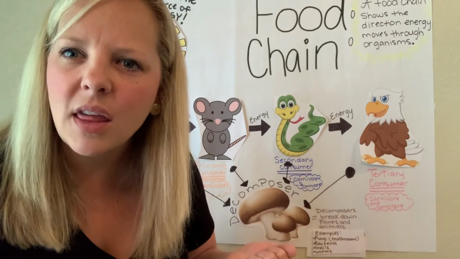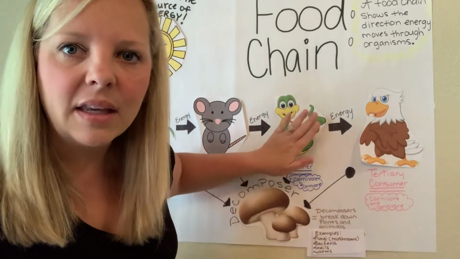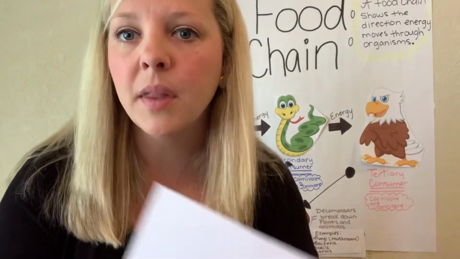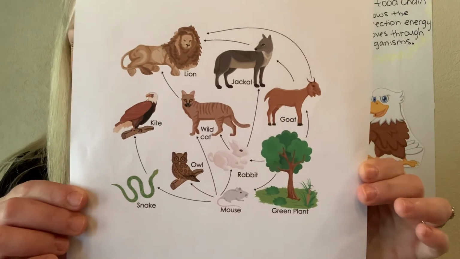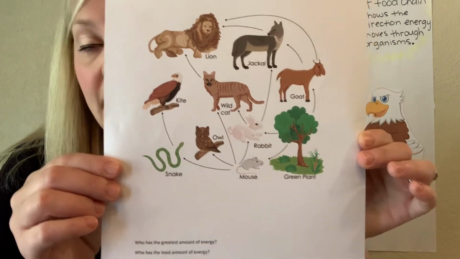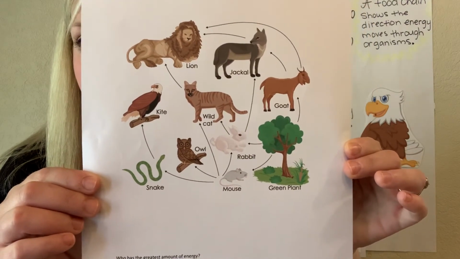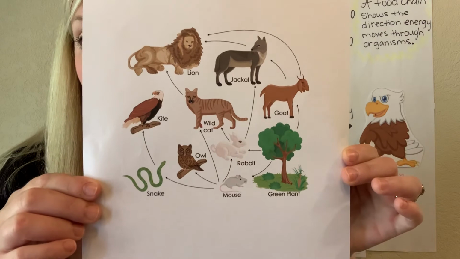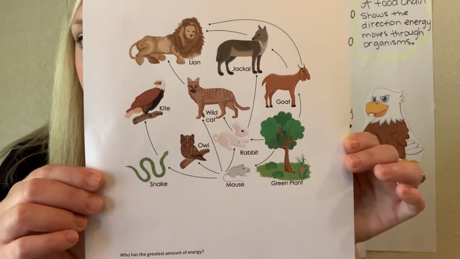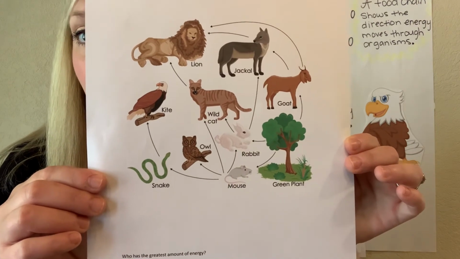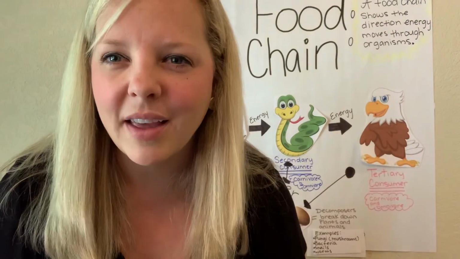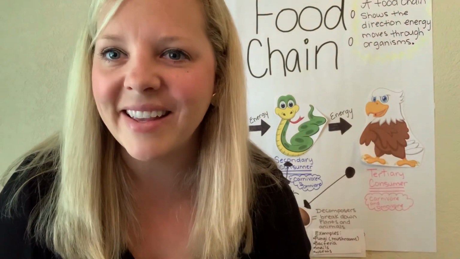I want you to really think, though, about what happens if one of the species in a food chain or in a food web were to get eliminated, or if it were to increase drastically in population because maybe humans started feeding the cute bunny rabbits. What would happen if the bunny rabbits became really overpopulated because we kept feeding them? Those are things I want you to think about, and you have some questions at the end of this unit